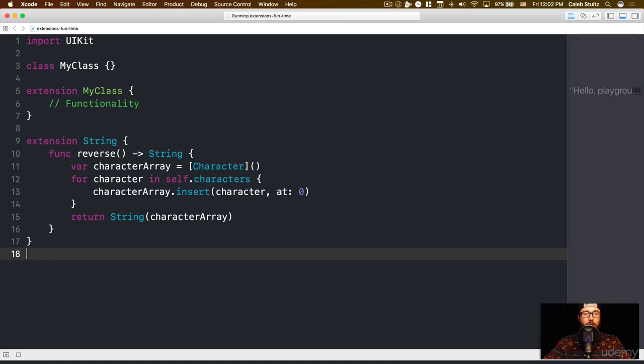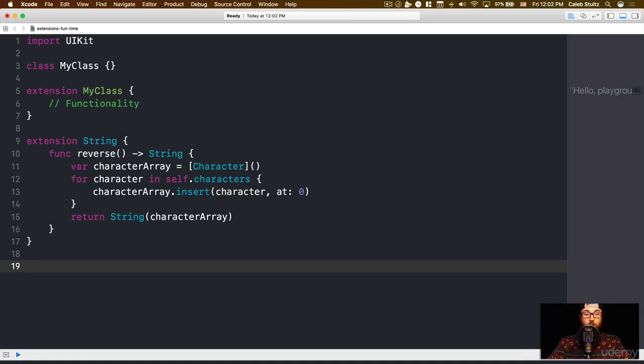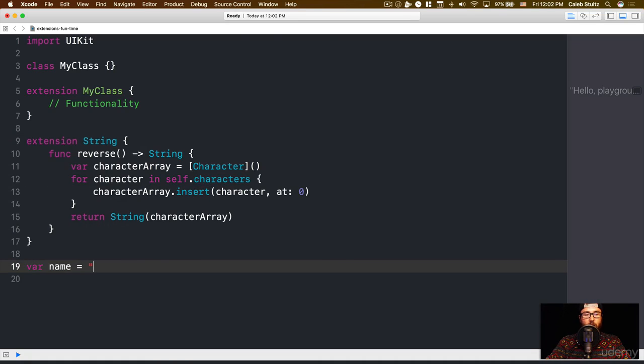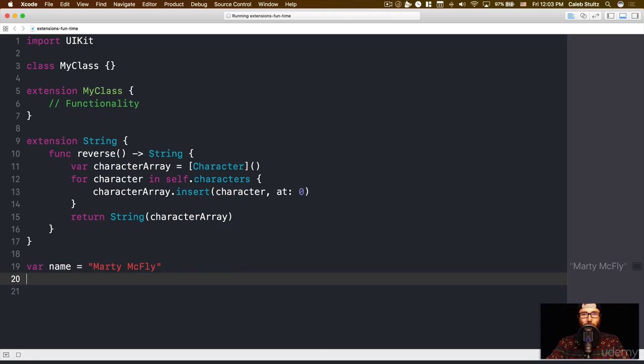I want to show you how to use it now, though. It's really, really cool. To show you this, I'm going to create a string. Let's just do var name, and I'm going to say Marty McFly. Of course you can tell that that's a string. Now what I can do is, because the variable name is of type string, I can call